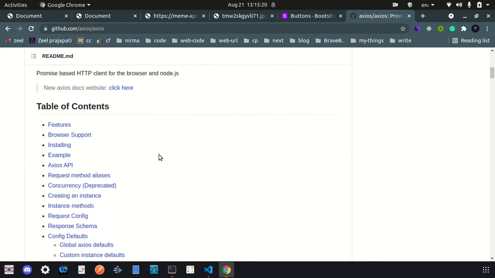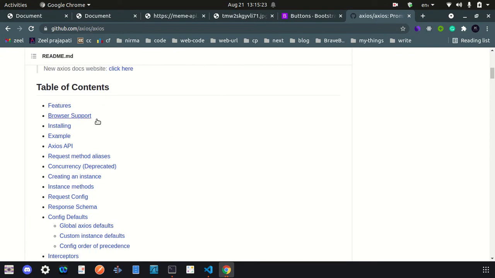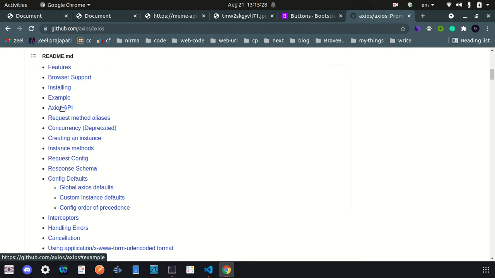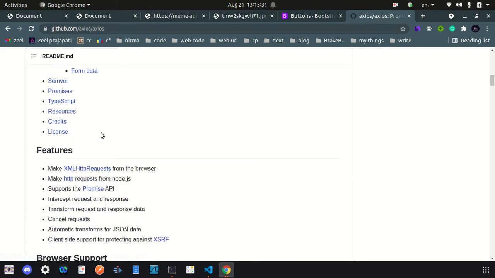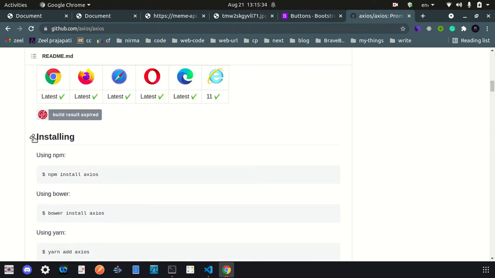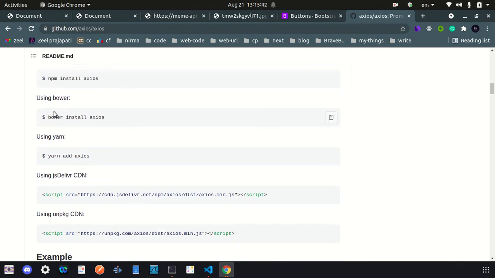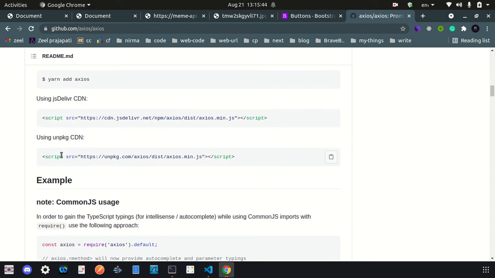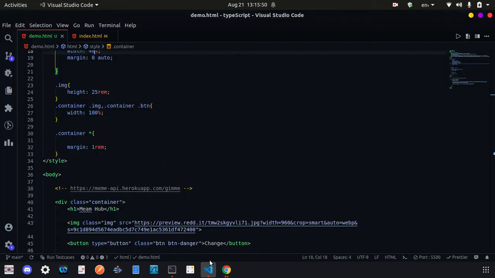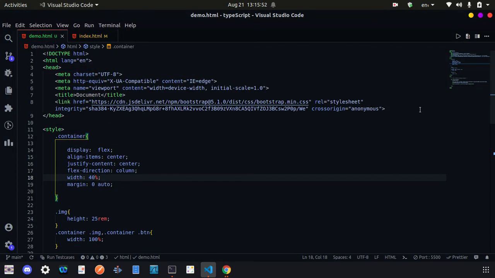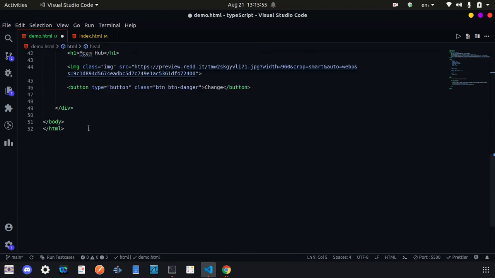You can also go to their website page, and we are going to use it in HTML, so we are going to see how we can work in our basic HTML part. So here are the installing ways. If you are using Node.js, like if you have a Node application or React application, you can use this npm or yarn command, or also install Axios in the browser. So we are going to use this. Just copy and paste that HTML path, and always try to put your script at the end of your code.